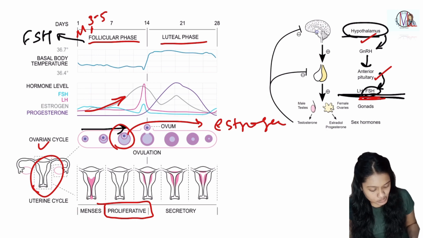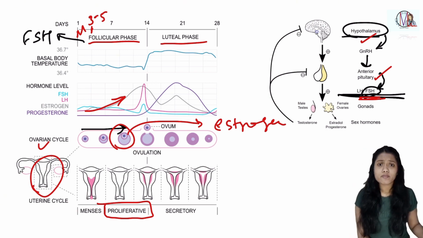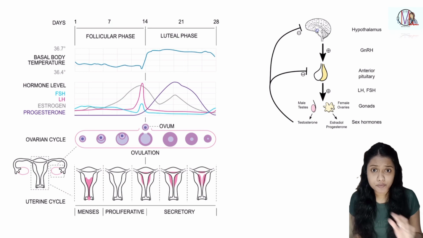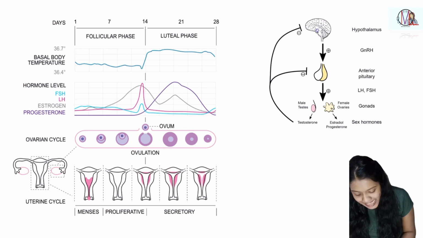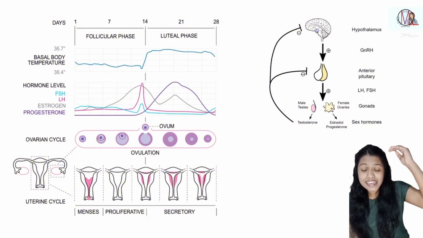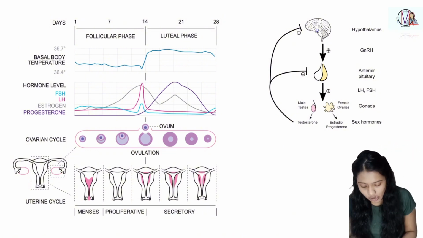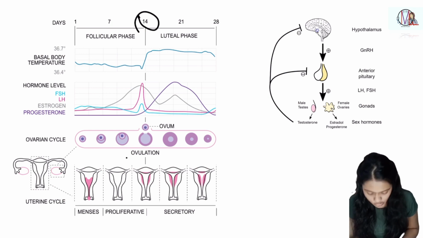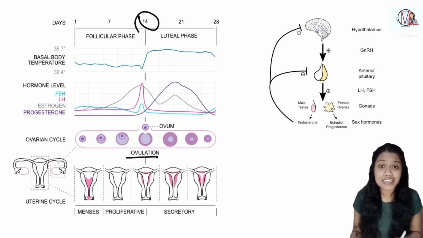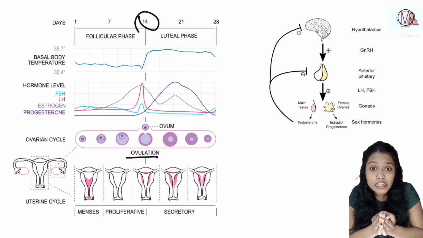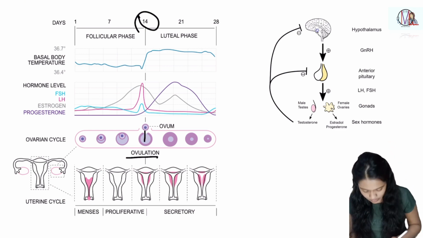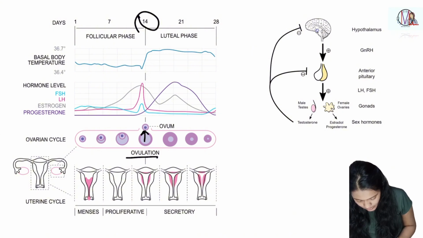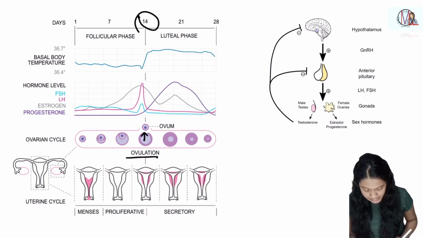Now let's talk about the ovulation. Once this follicular phase is done, there is an LH surge. LH surge is when the LH reaches a maximum point on day 14th or 15th. And because of this, there is ovulation. Now what is ovulation? Ovulation is actually this Graafian follicle rupturing and releasing the ovum. Here you can see, this is the Graafian follicle, and when there is LH surge, it releases the ovum, whereas the remaining